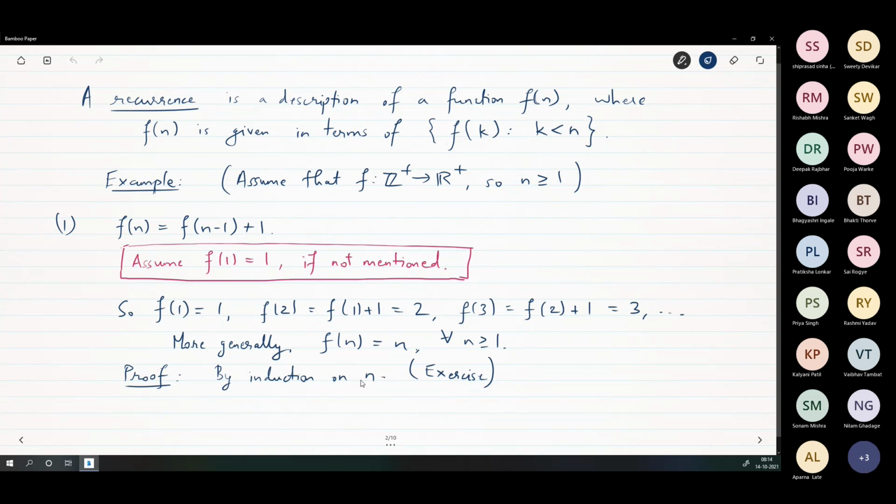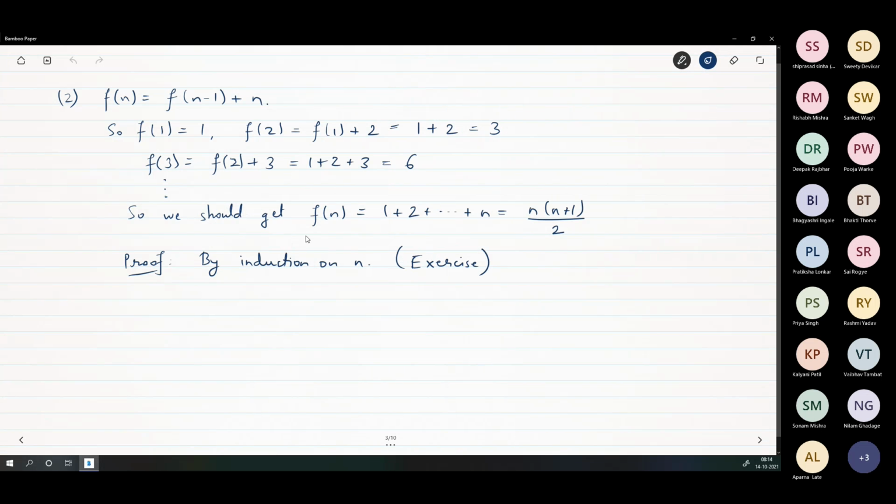Okay, this is one way of solving the recurrence. But now there are better ways to solve the recurrence. I mean, you may not always get an idea of what the values are just by looking at f of 1, f of 2, f of 3. It might be difficult. So how do you do that? You need a method to solve a recurrence. So we will look at a method which solves every possible recurrence, almost every recurrence. Okay, so let's look at another easy example.